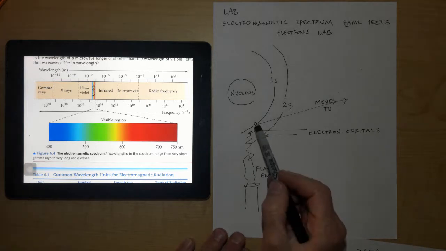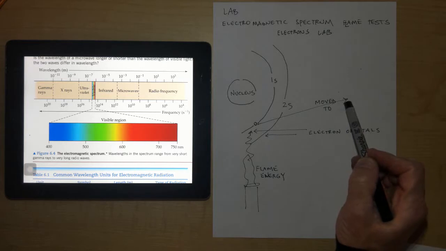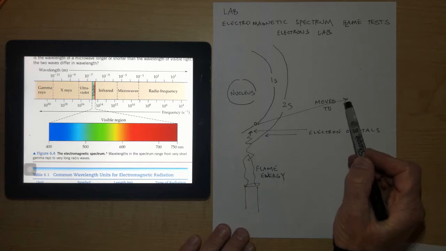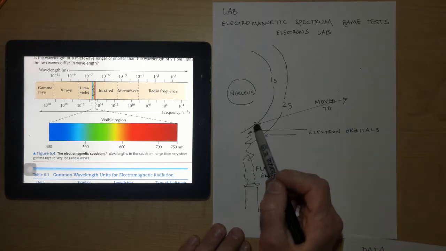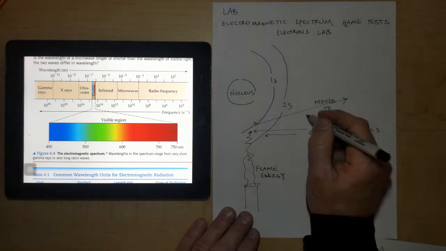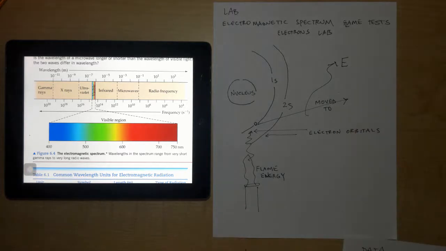When we add energy to these electrons, the electrons move from their normal orbital, or normal place where they reside, to a space that is further away from the nucleus. When they move far away from the nucleus here, they panic. And eventually the electron says, I've got to move back to my home, my normal place where I reside. When that happens, energy is emitted. The energy that's emitted happens to be in the form of